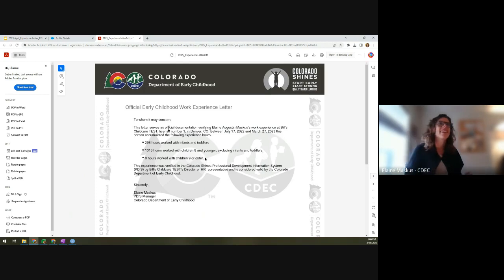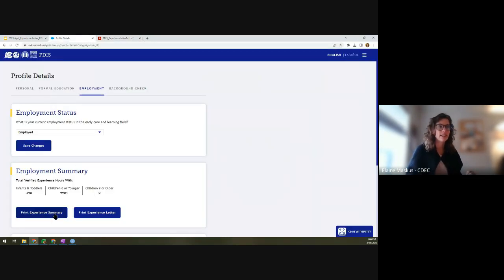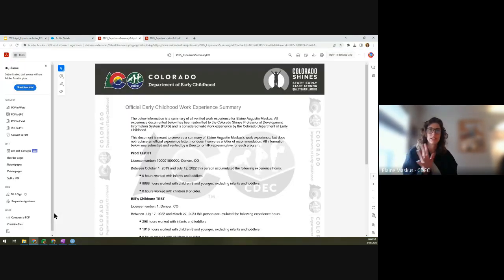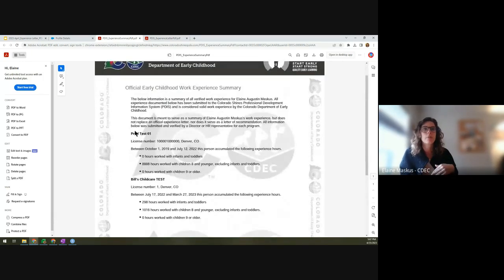All right. And so the next thing here is the experience summary, and this is across all programs. So when you click it, it'll just go right to creating the document. And you'll see here it has all of the same information, but for multiple programs. So the name of the program, the license number and location, these dates of verified experience, and then hours broken out